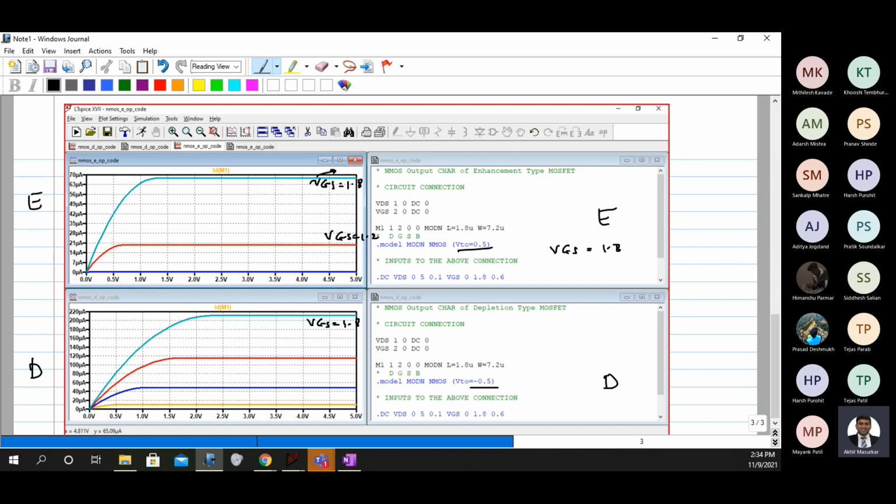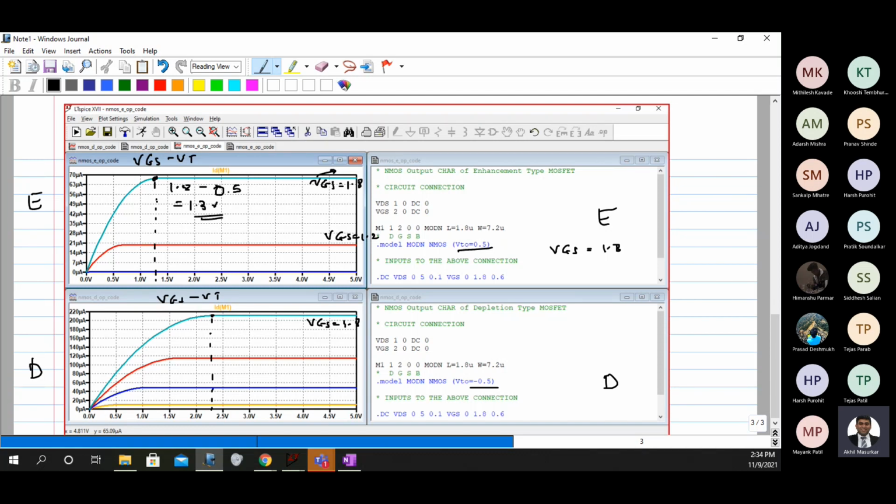So if I plot this point, the value of this is VGS minus VT, and this is also VGS minus VT. VGS is 1.8, so 1.8 minus VT of 0.5 is going to be 1.3 volts.